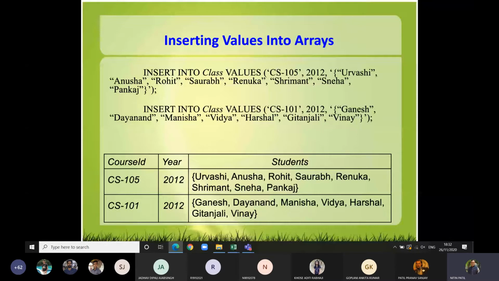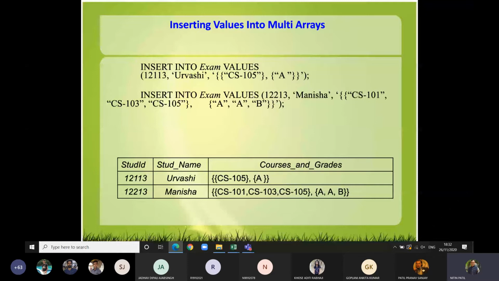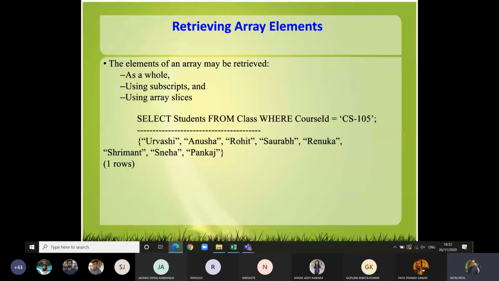This was for a class table. Now let us take the third screen. This is the third screen. Take a screenshot of this too. Fine.